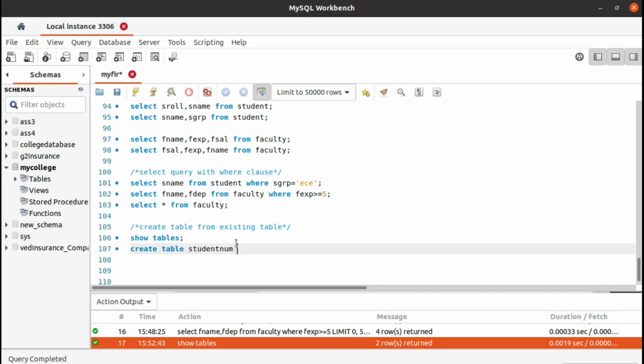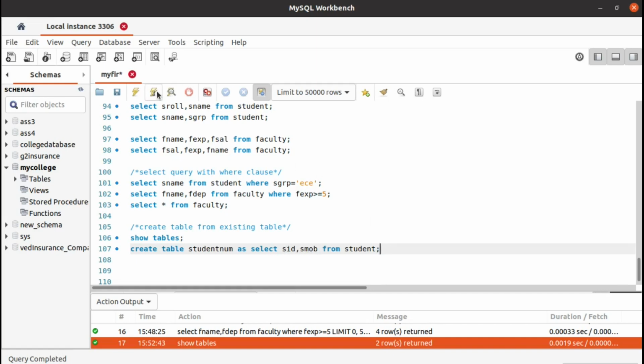We are creating another table now, which will have a student ID and student mobile number, just these two attributes, by using the student table, as select student ID, student mobile number from the table student. We are creating a new table with the name student number by selecting the student ID and student mobile attributes from the table student.